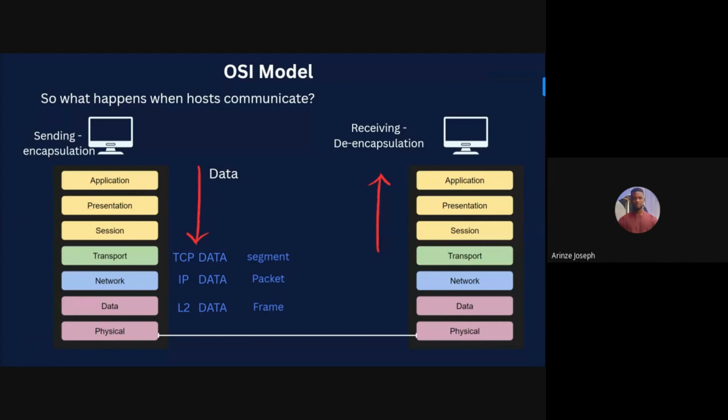When this data gets to your NIC, or your network interface card, the network interface card will read the address to make sure that, okay, this information is meant for this host. And when you look at the MAC address and see, okay, yeah, this is for this MAC address, it removes the MAC address and forwards it to the network layer. Network layer will look at the IP address of the sender and the receiver also, and make sure that they sync